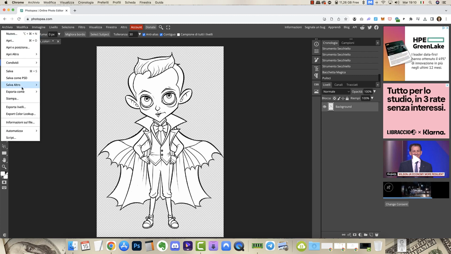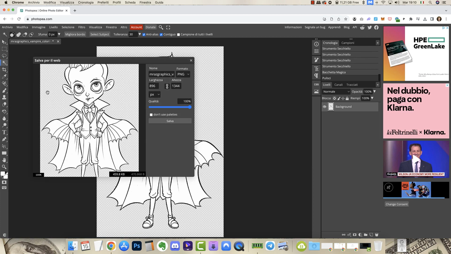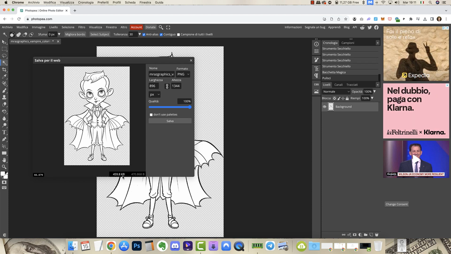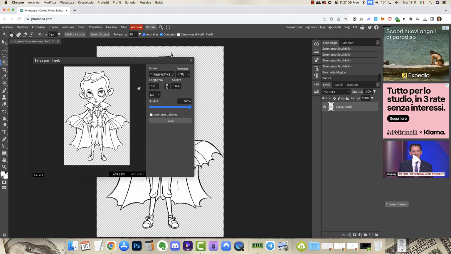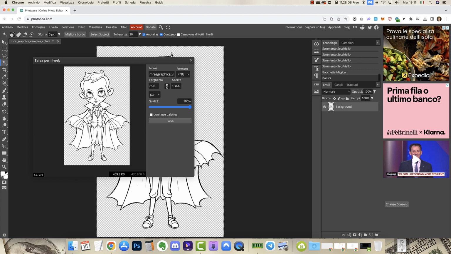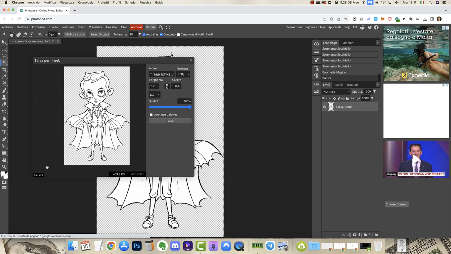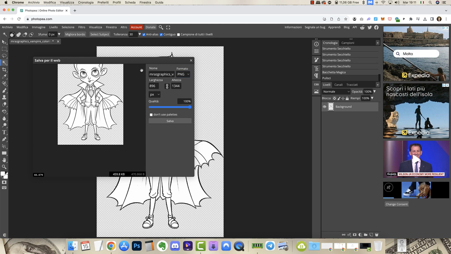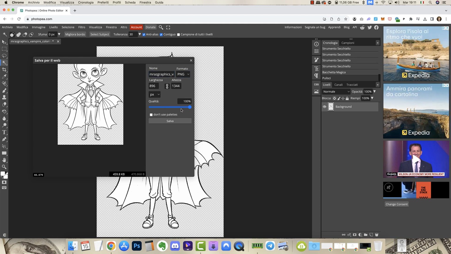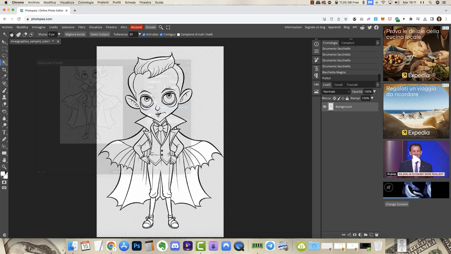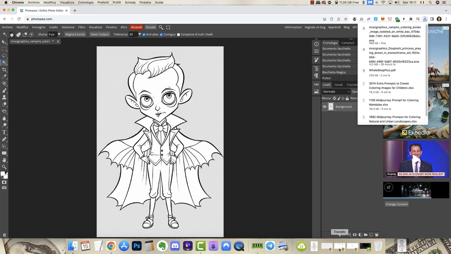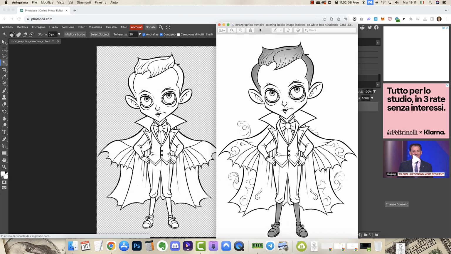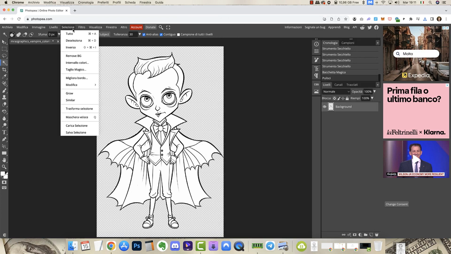So now you can save it, exporting as a PNG, which means it can be used over other content without having the white background. This is great if you have, for example, another image where you want to put it, or if you are selling PLR packages because people want the image cut out this way. So here is the information. Don't touch anything, check quality is at 100%, you click save and you are done. So I can throw away the previous, or we can open it to show you the difference between those two. Now there's the selection to remove,